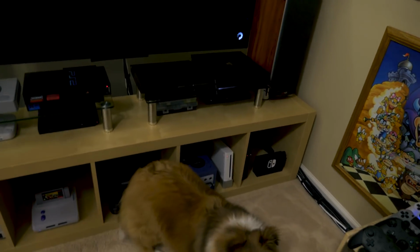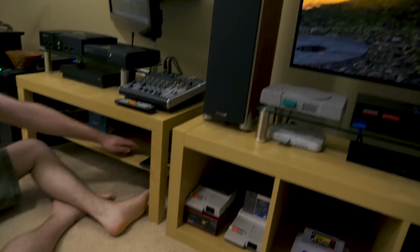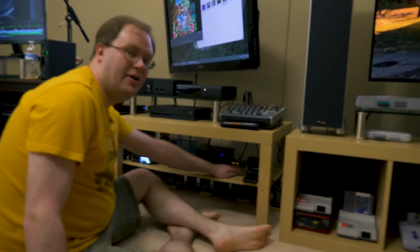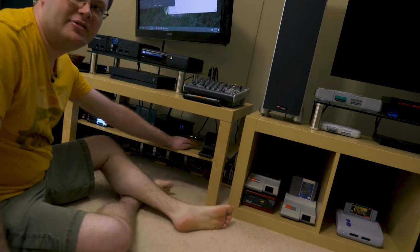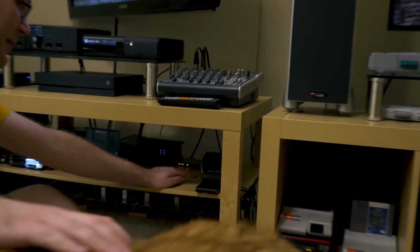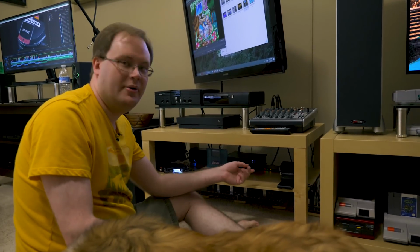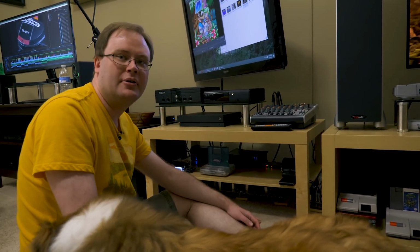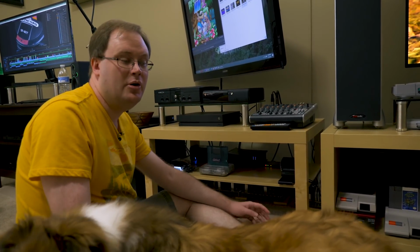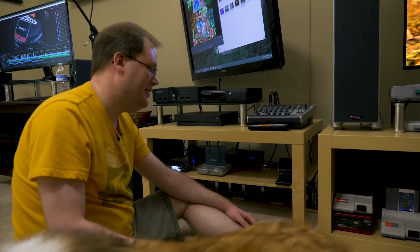I've also got component running from the Wii, as well as the Xbox, of course, and the PSP Go, which is kind of my preferred way to play PSP, as long as I've got digital. I've got digital duplicates of most of my physical PSP games, because you can sync a DualShock 3 controller to the PSP Go and really use it as a true micro console. It's definitely the most comfortable and best looking way to play a PSP game on a TV, or to capture it, I think. Better than the